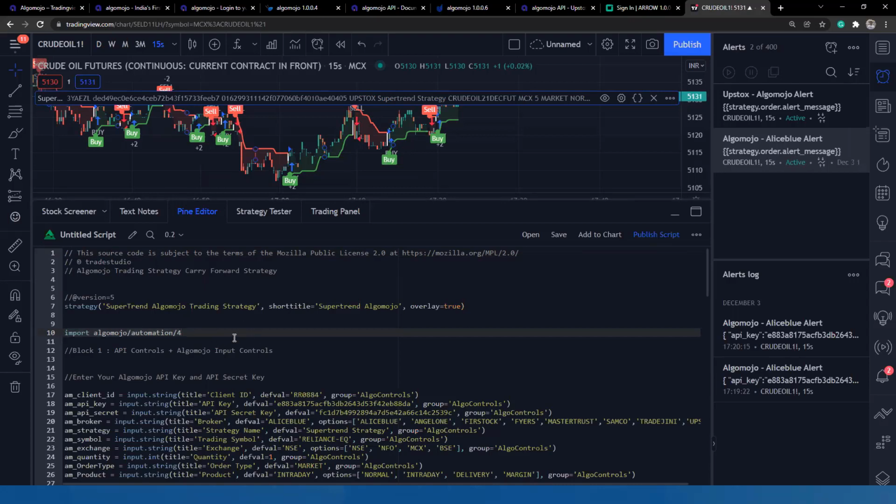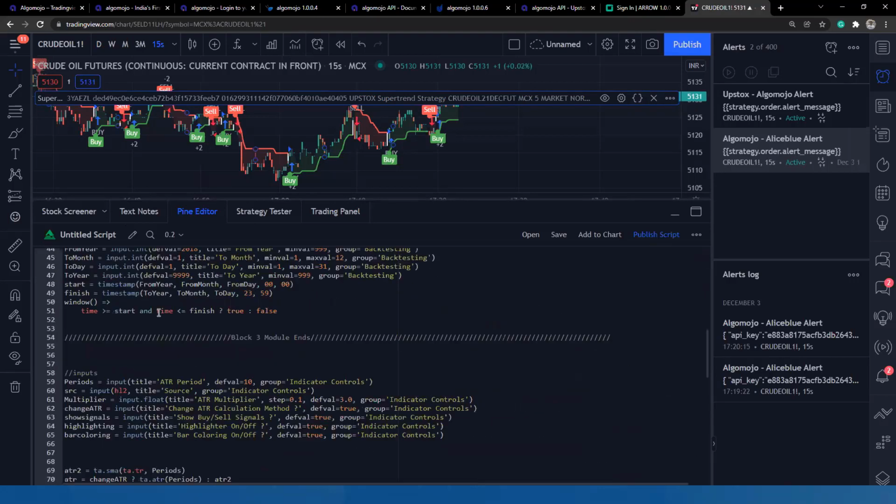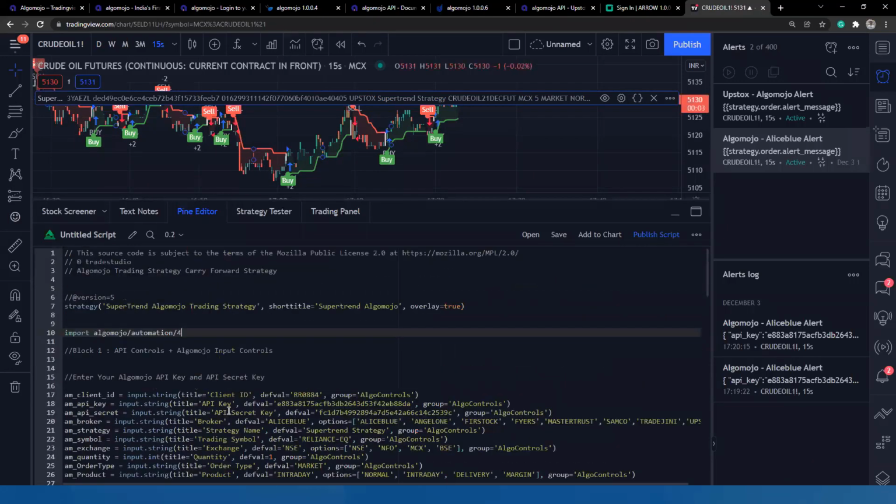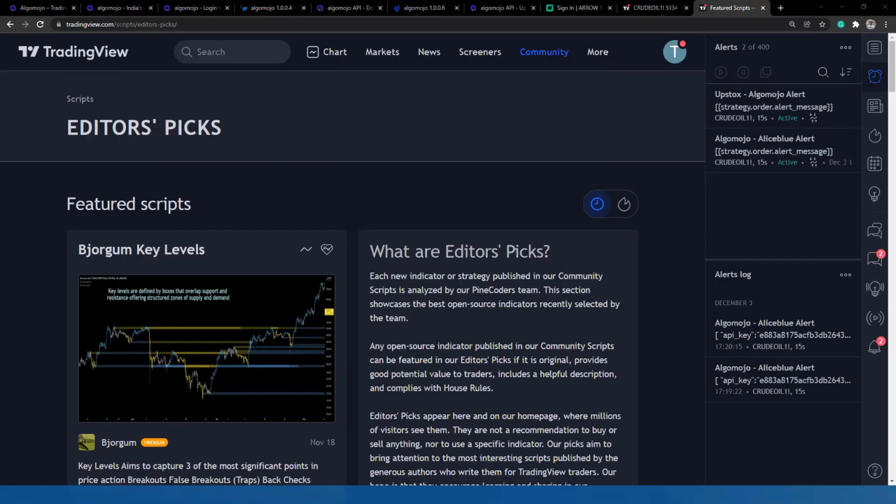And a lot of modules are here. So these are the modules. It contains a total of 4 blocks. These 4 blocks are primarily required to connect any of your trading strategies. Let me show you. What I'm going to do now is download one simple TradingView strategy, and I'm going to show you how to connect those strategies into automation. I think I have a URL here. Just hang on a second.